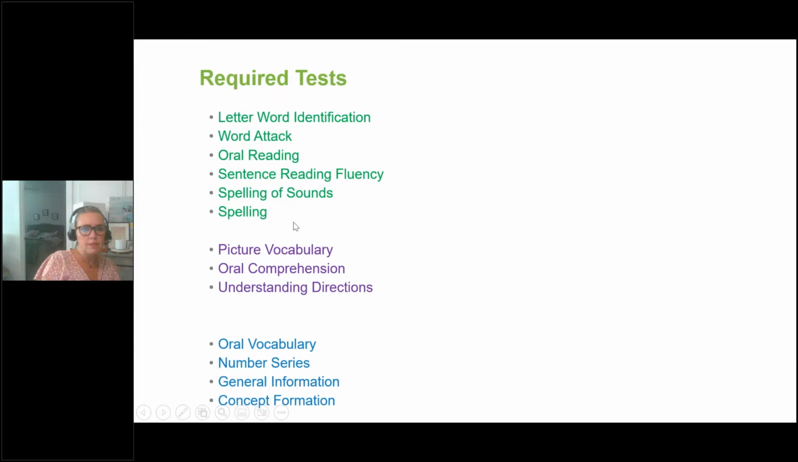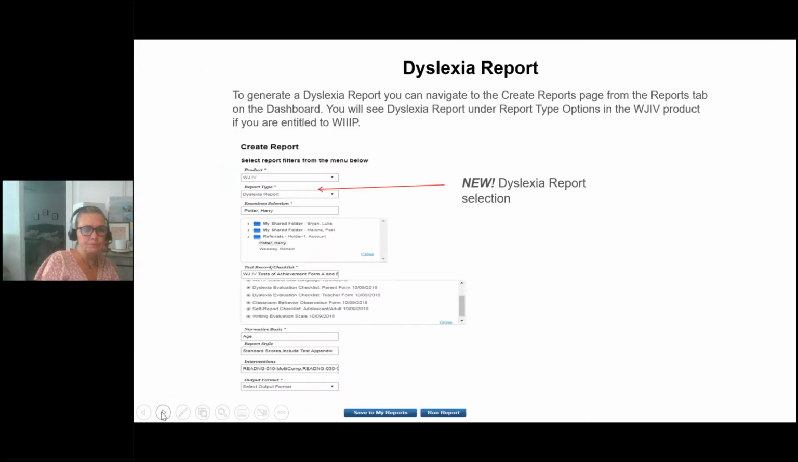These are the required tests that have to be administered and put into the system to run that dyslexia report. Again, if you have the WIIIP, it will come up as a report type dyslexia report, and then you're able to go in, and again, you can add any test records to include those observation